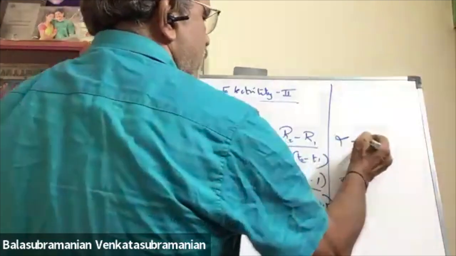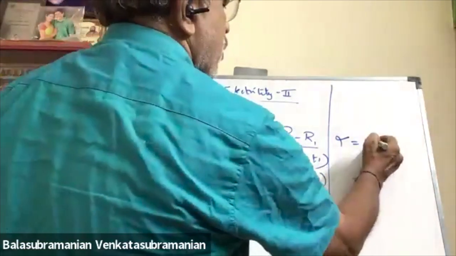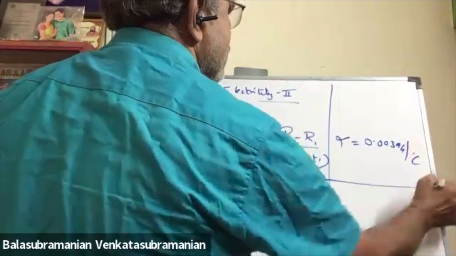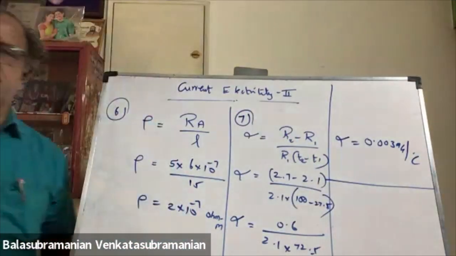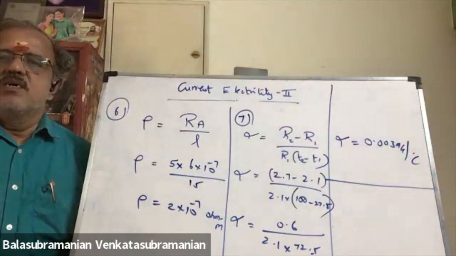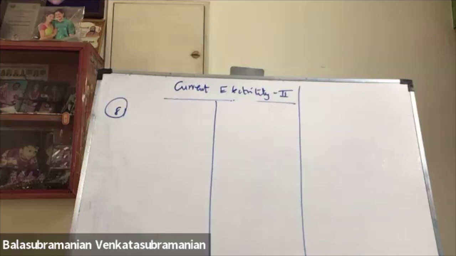Calculate the value of alpha: 0.00394 per degree Celsius. Eighth problem: a heating element using nichrome connected to a 230 volt supply draws an initial current